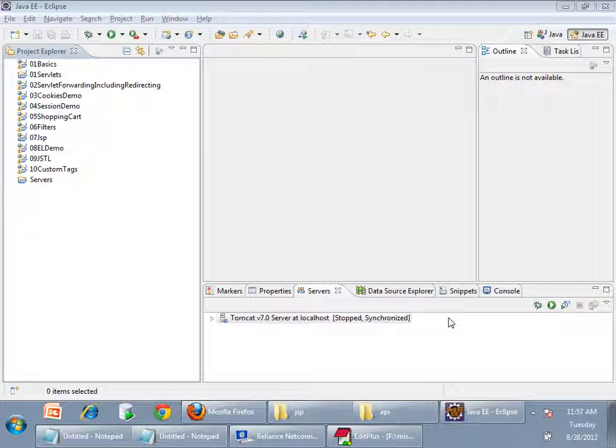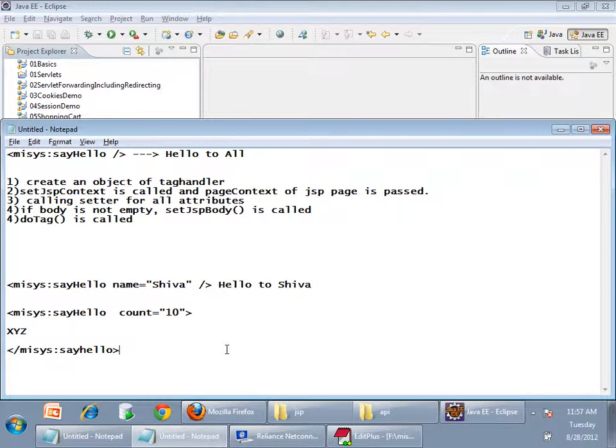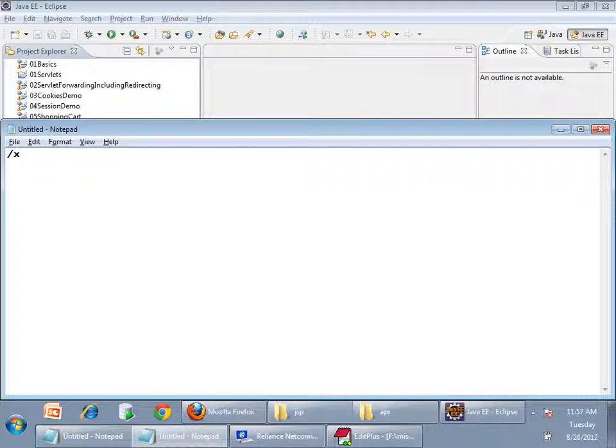Security. So what do I mean by security? Whenever I give a request, I'll be typing a URL on the browser and pressing enter, and a request comes to the server. Let's say there is a servlet with URL pattern /x. I may have a rule saying that this servlet with URL pattern /x should be accessed only by a role called